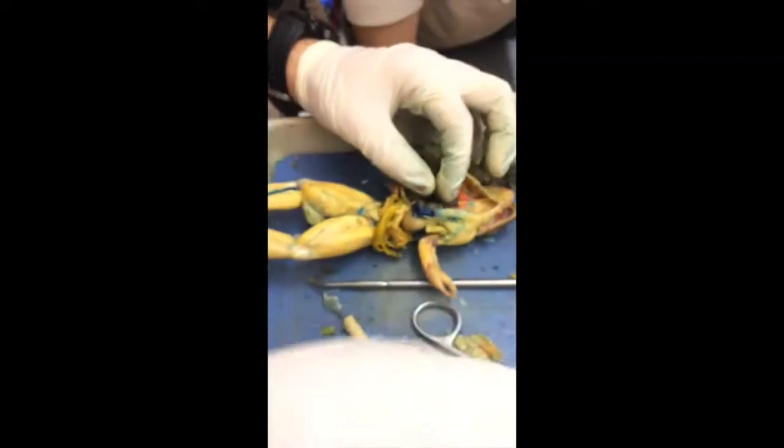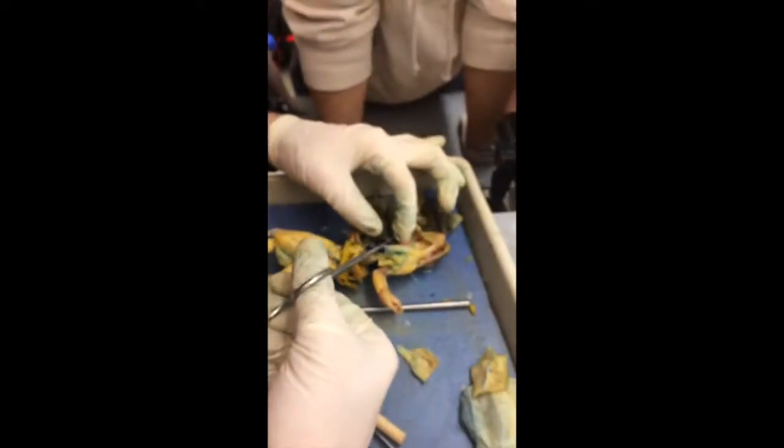Which the red thing is the... Okay, I'm gonna take the liver out, not the kidney, just because the liver's quite large. That's the heart. I see it right there. Okay, and you'll be able to see the...